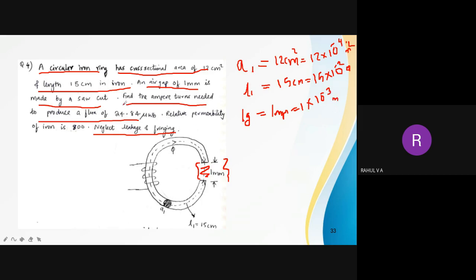Then they are asking us to find the ampere turns. Ampere turn is the unit of what? Finding out what ampere turns is. What is ampere turns? Ampere turns is the unit of